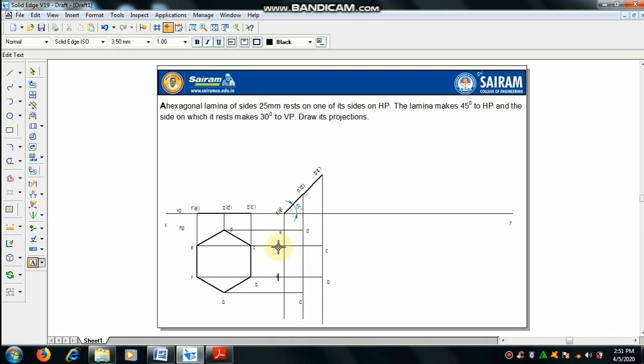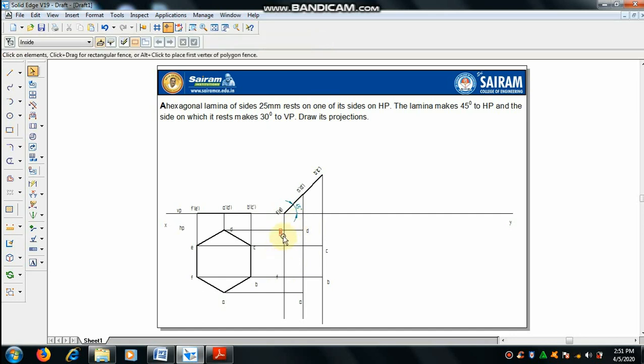E actually should come down. Select E and keep it down. Yeah, this is the intersection point of E and F. This is the point.